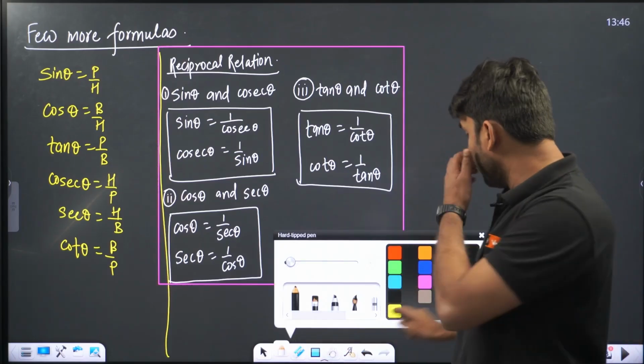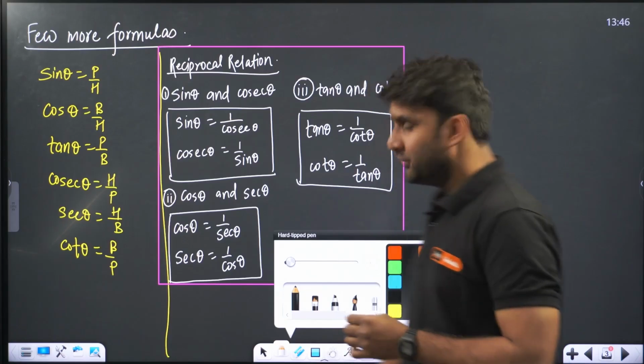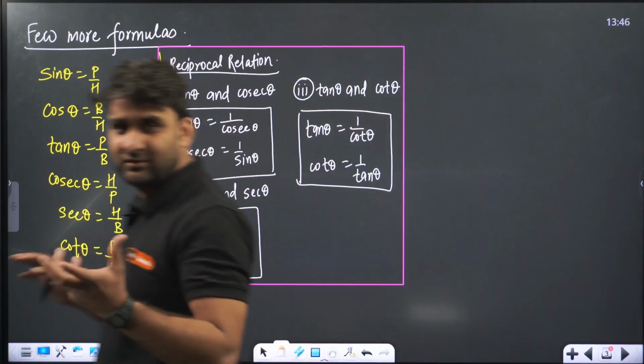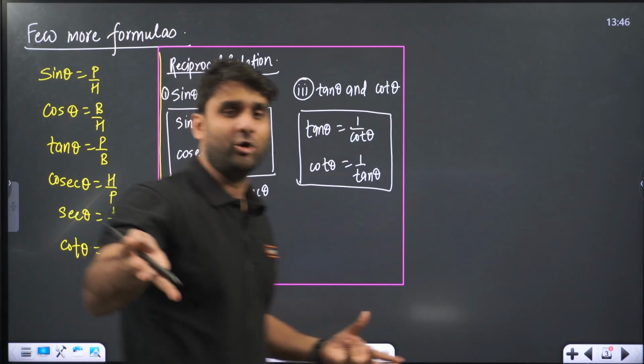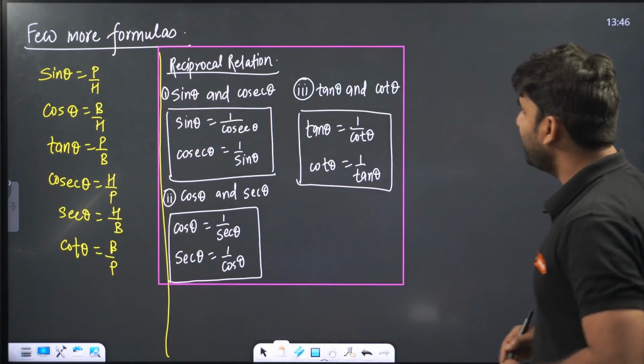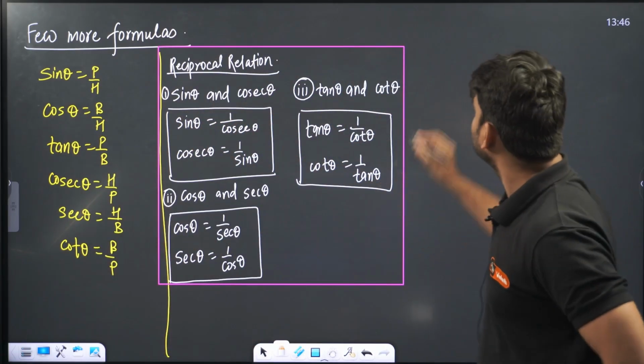Okay, moving ahead. Clear everyone? So reciprocal relation is clear to you all. Sine, cosec, cos, sec, and tan and cot. So there are three pairs. Clear? Okay. Now moving ahead, the second formula,